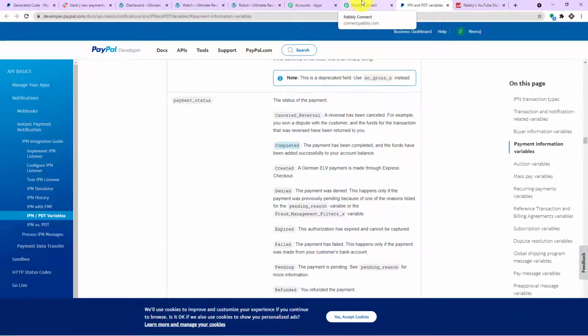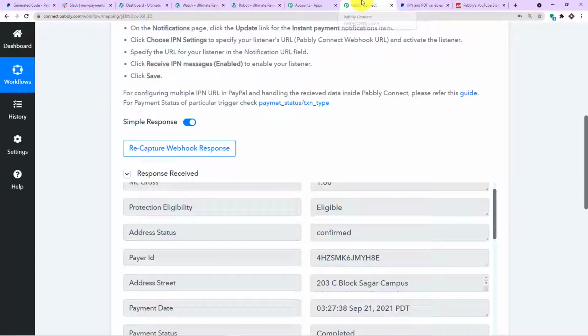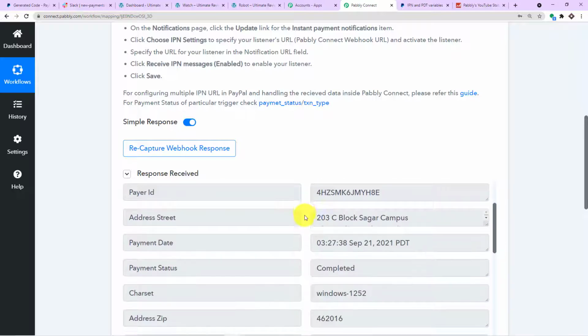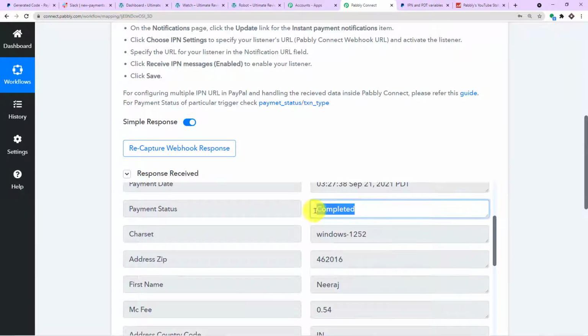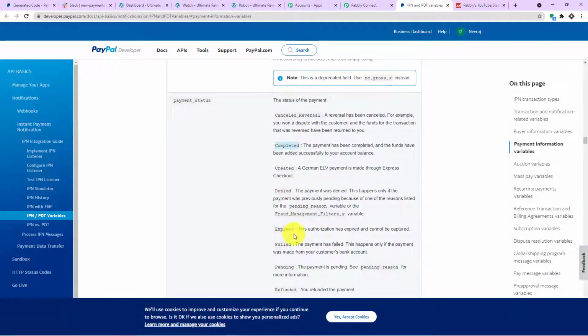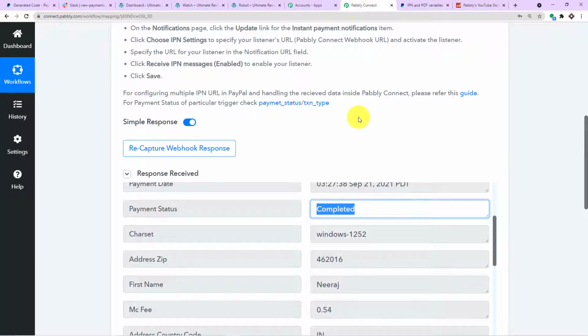Remember this. So what I'm going to do here is apply a filter. The filter will be something like this: if the payment status is completed, then only the data should flow to the next level, that is to our Slack channel. For instance, as you can see, the payment status is showing as completed. But imagine if it is showing something like denied or expired, the data won't flow to the next level. That is why we are going to set some rules, and this rule will be in the form of a filter.